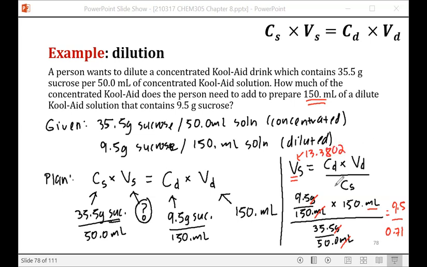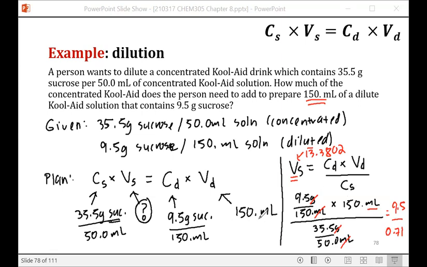13.3802. And if we check our sig figs, we've got 2 sig figs in 9.5 grams, and we've got 3 sig figs in everything else. So this would be rounded to 2 sig figs: 13 milliliters of stock. So that means to make the solution, you would need to take your 13.38 milliliters of your stock solution, put it into a container, and then fill the container up till the total